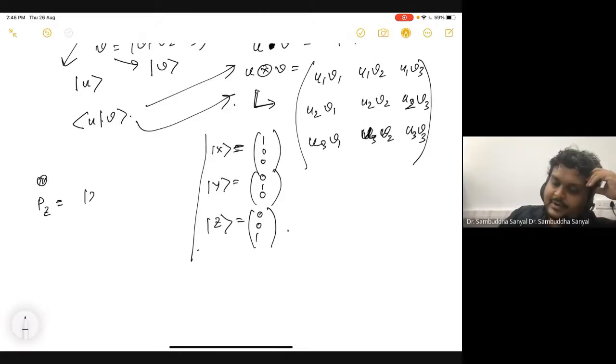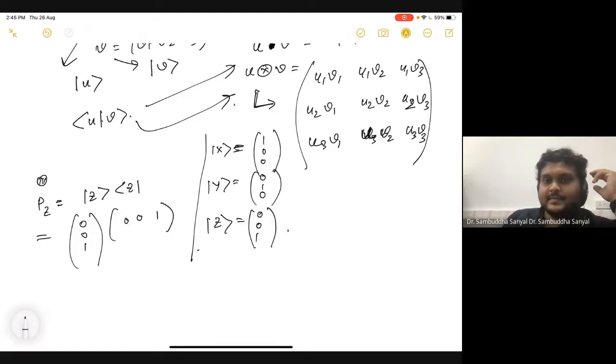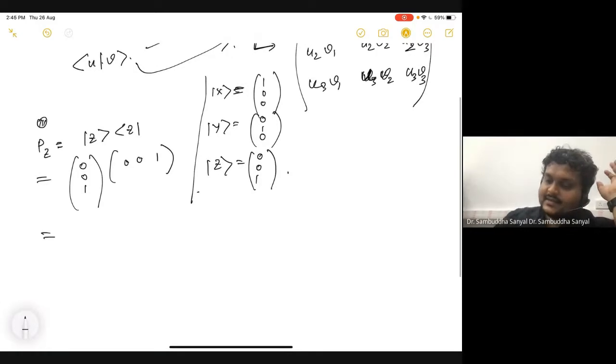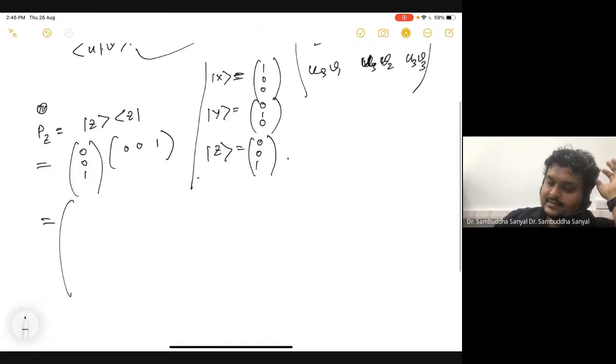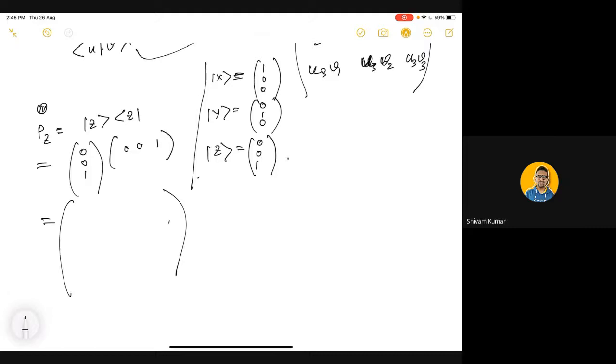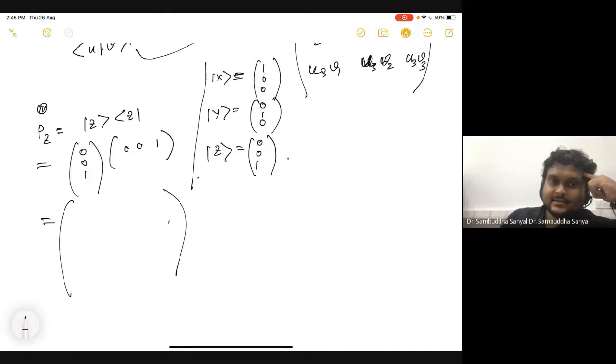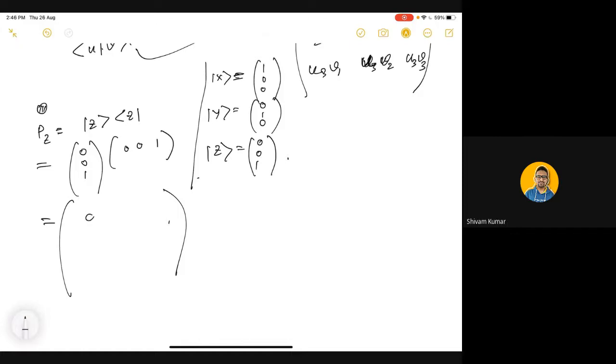Okay, so outer product of Z and Z. So what is that in this notation? So it should be 0, 0, 1 times 0, 0, 1, right? Agree to that? Agree, disagree? Don't understand? Okay. So what is this object according to this definition? A 3 by 3 matrix. Yes. What are the entries? 0 0 0 0 except the right side corner.